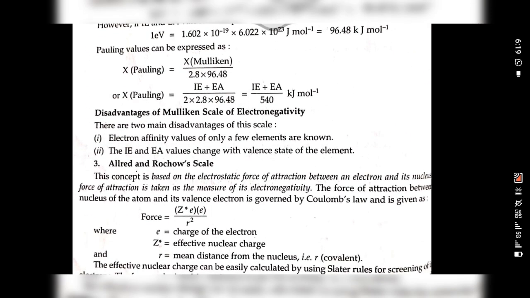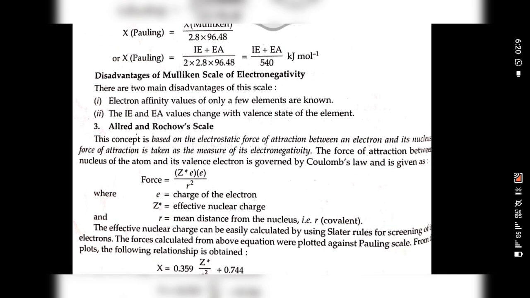Disadvantages of the Mulliken scale of electronegativity. There are two main disadvantages of this scale. The first one is that the electron affinity values of only a few elements are known, and the second one is that ionization energy and electron affinity values change with the valence state of the elements. The third scale is